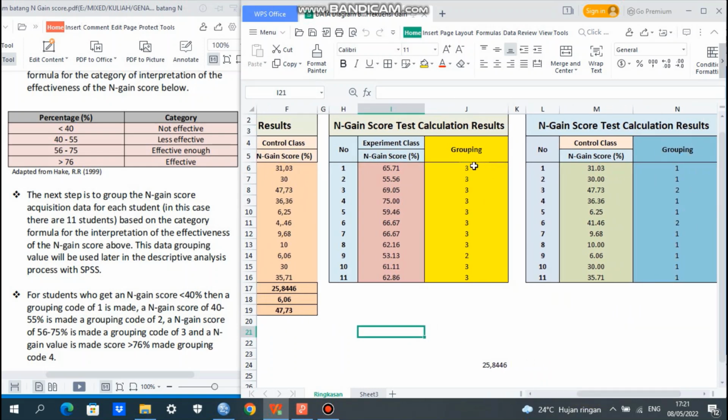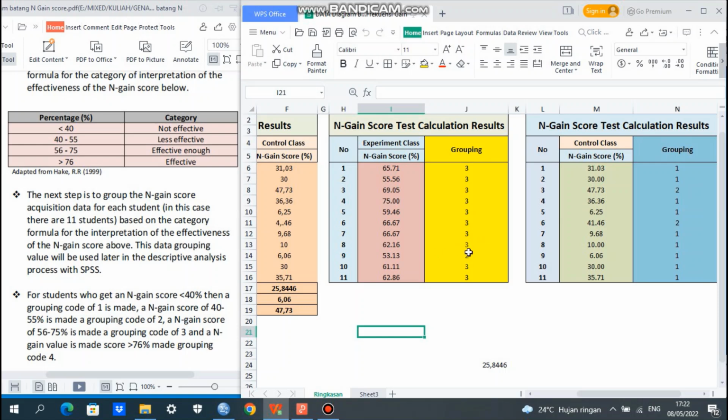The n-gain score 65.71% belongs to the group between 56 until 75%, so the grouping code is 3. 55.56, grouping code 3. 69.05, the grouping code is 3. 75, the grouping code is 3. 59.46, the grouping code is 3. 66.67, the grouping code is 3. 66.67, still the grouping code is 3. 62.16, the grouping code is 3.